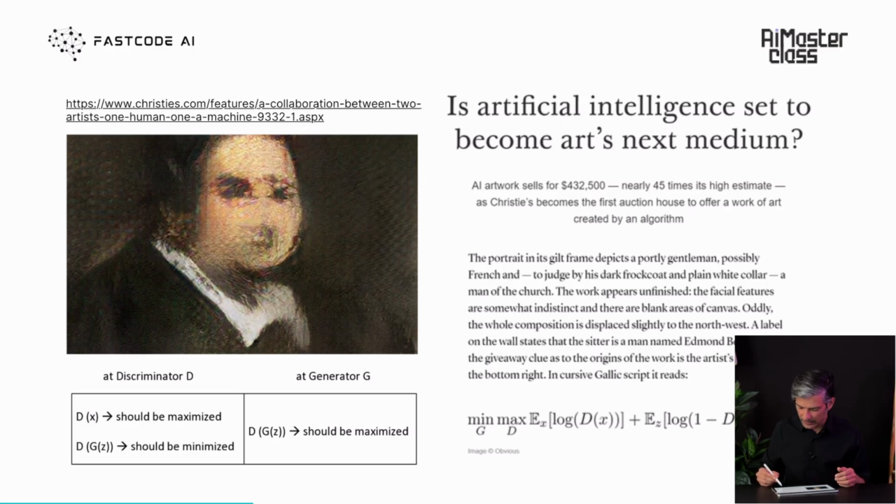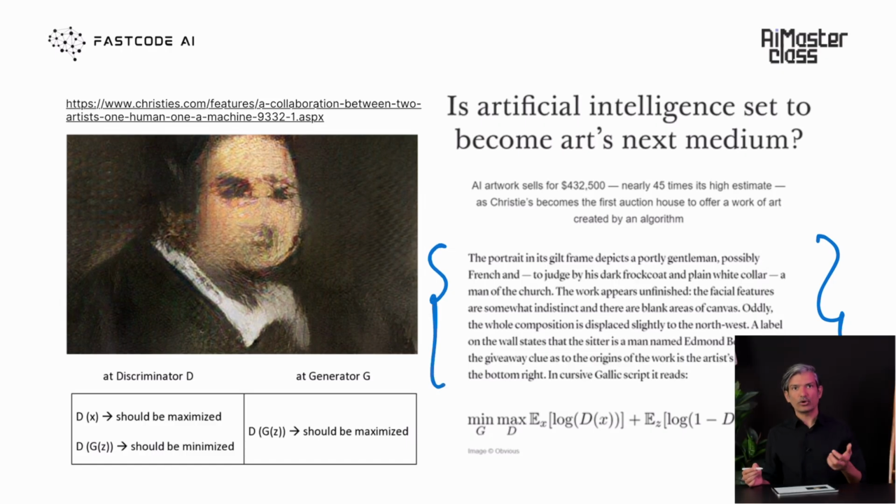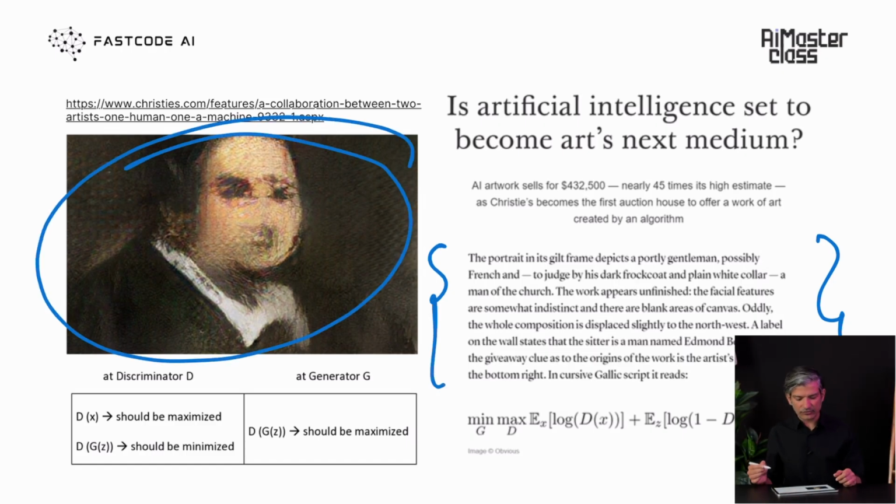By the way, here what the website says is: the portrait in its gilt frame depicts a portly gentleman, probably French, and to judge by his dark fur coat and plain white collar, a man of the church, etc. So I think a story is really so powerful, because this is essentially an image from a generator which has not trained well, right? We don't like this image, but you can still spin a beautiful story around it and